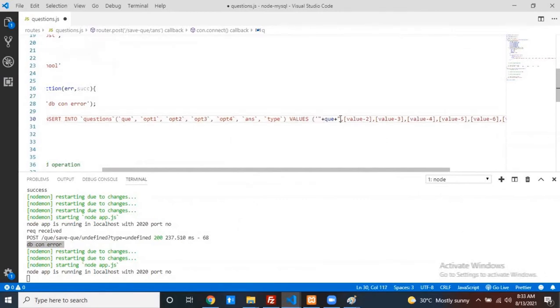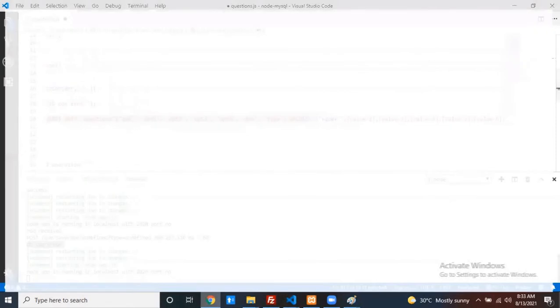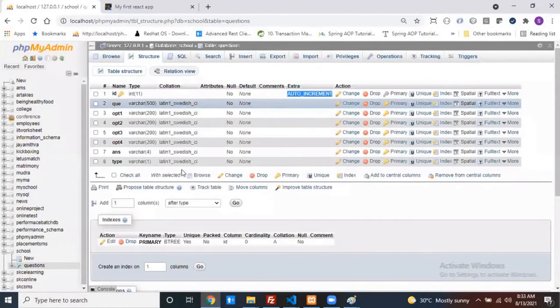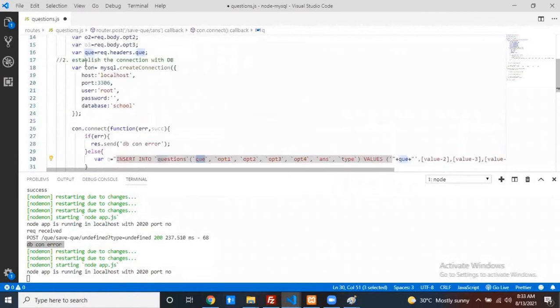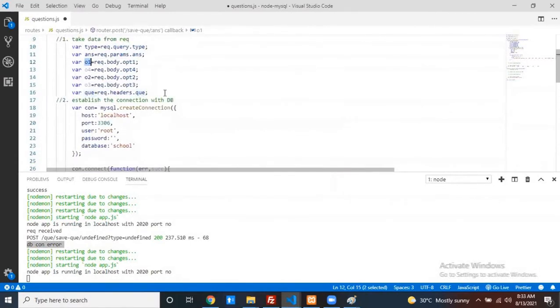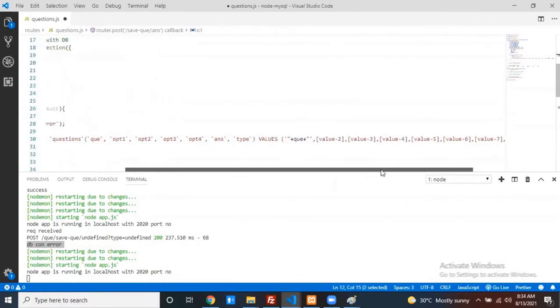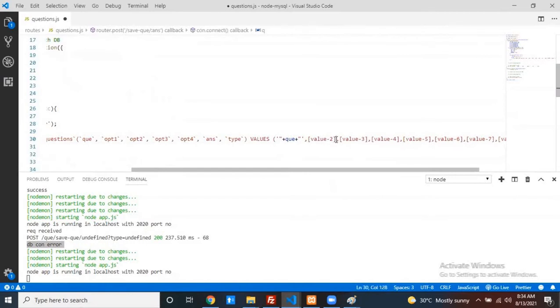Okay, come here, see this. My question is enclosed with what? The single quote, right, my question data. Why? Because my question column data type is what? Varchar. Now, can we go to the next one? What is the next one? Option 1. My option 1, all are varchars only, right? So my option 1 also you have to enclose with what? Single quote. My data is like O1. So can we remove this one?